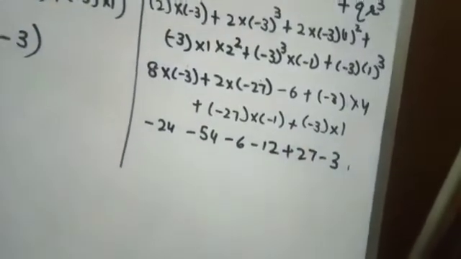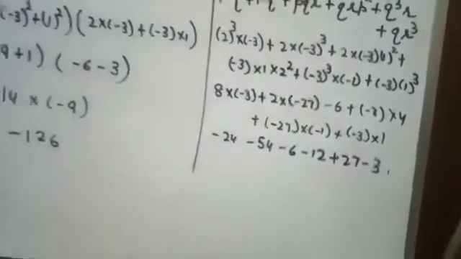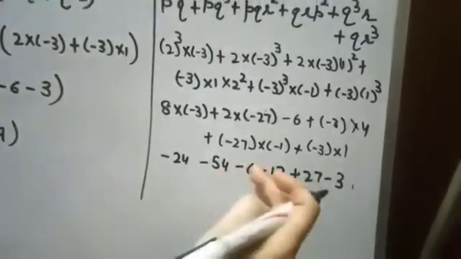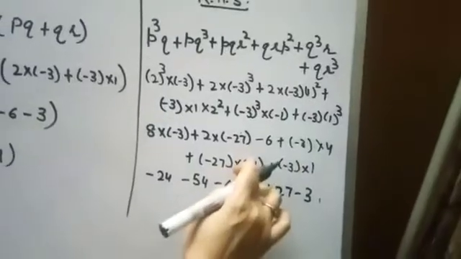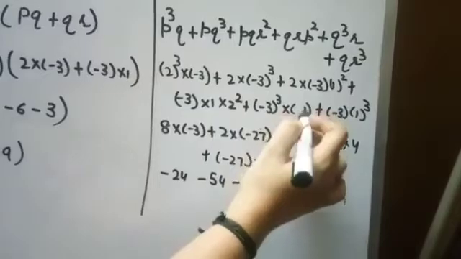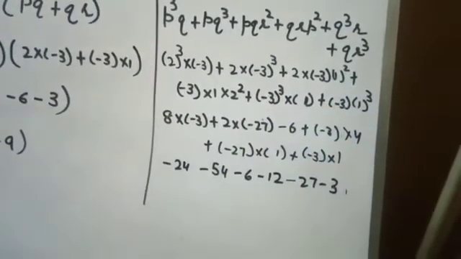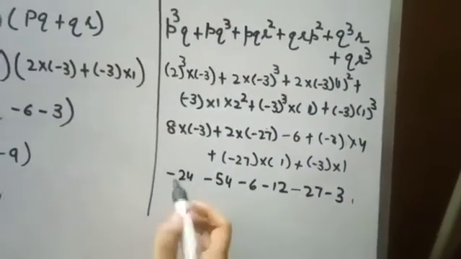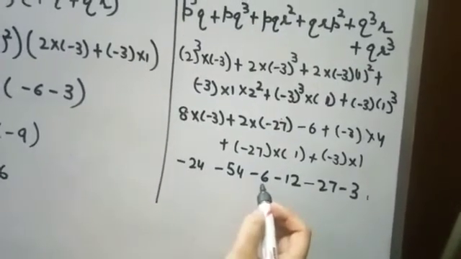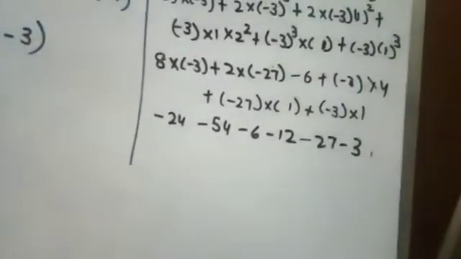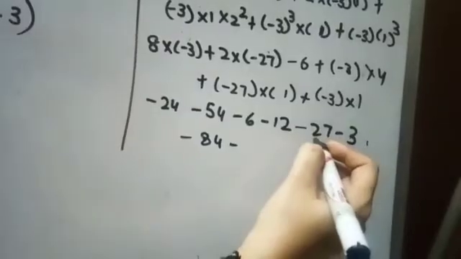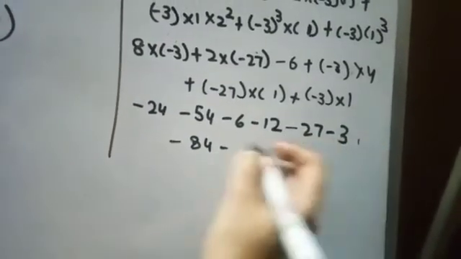Now if you are going to add them, the value of R is 1, so in Q cube R it will become minus 27 here, because the value of R is 1, not minus 1. I have kept it there as 1. So now after adding them, minus 24, minus 54, minus 78, minus 6, minus 84, minus 84. If you want to keep it like this, minus 12 into minus 27, minus 39, minus 42.